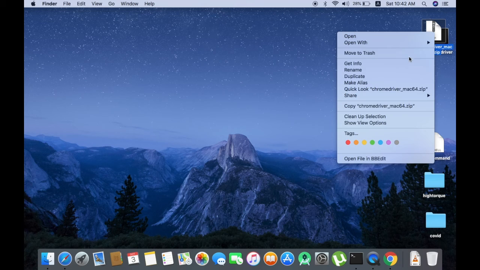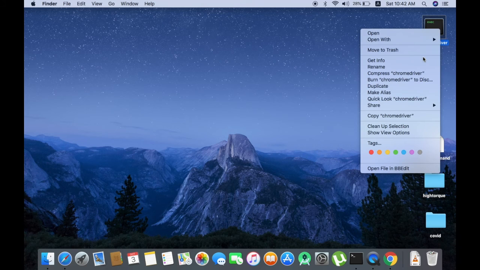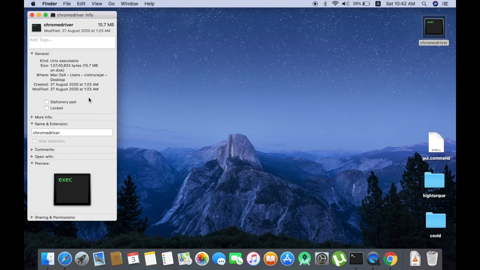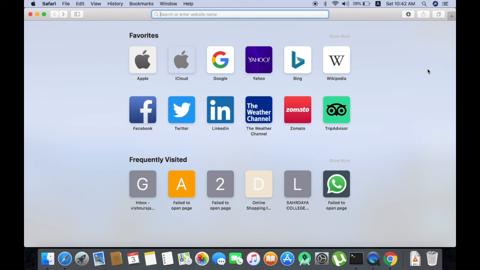Now this zip I don't need. This is my actual driver. Make sure that you know the location of this thing. Here my location is, as this is a Macintosh, this is how we take the location: User is Vishnu Rajan, desktop, where my Chrome driver is stored.